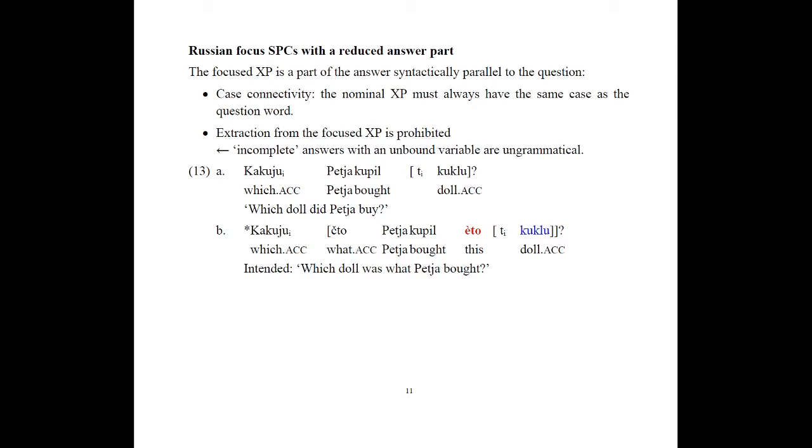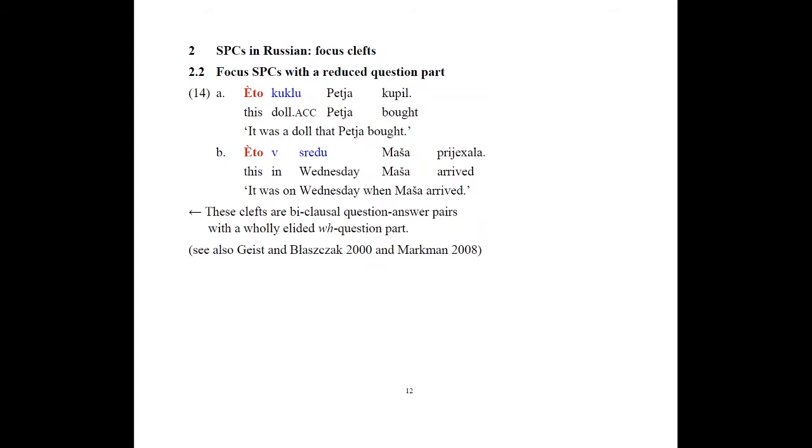Second, extraction from the focused XP is prohibited, and here we follow Deakin, Meinunger, and Wilder and assume that this is because incomplete answers with an unbound variable are ungrammatical and ruled out. Now, more interestingly, Russian also has focused SPCs with a reduced question part. You can see an example here in 14. So here the